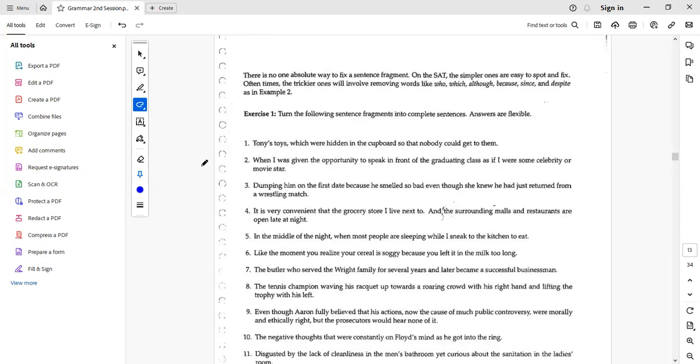Tony's toys, which were hidden in the cupboard so that nobody could get to them. This is a fragment. It's not a complete sentence. How can you make it a complete sentence? So she said by adding a verb. So give me a verb, because I want to complete it. So now, Tony's toys, which were hidden in the cupboard so that nobody could get to them,